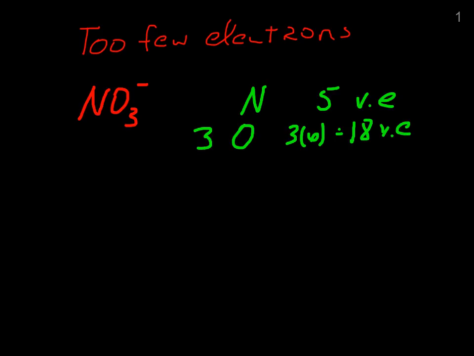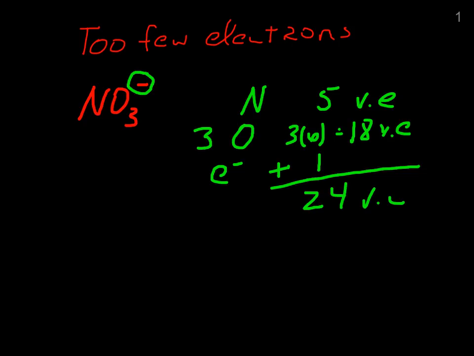And then because that ion has a negative charge right there, I'm going to add one more electron. So when I add these up, I have 5 plus 18 plus 1. That's going to be 24 valence electrons